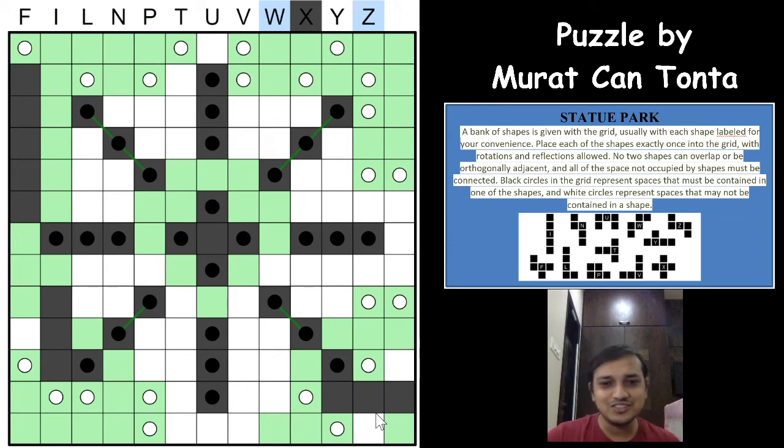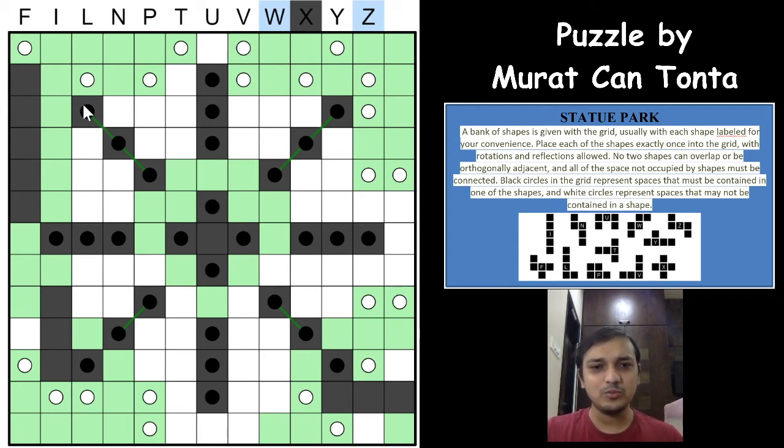Okay, excellent logic here. One more logic. Where can a V pentomino come? Now we already know that there are 12 pentominos and we have already marked a few cells of each of the pentominos, right? Now, can we find where will the V pentomino come? There is exactly and only one place that a V pentomino can come.